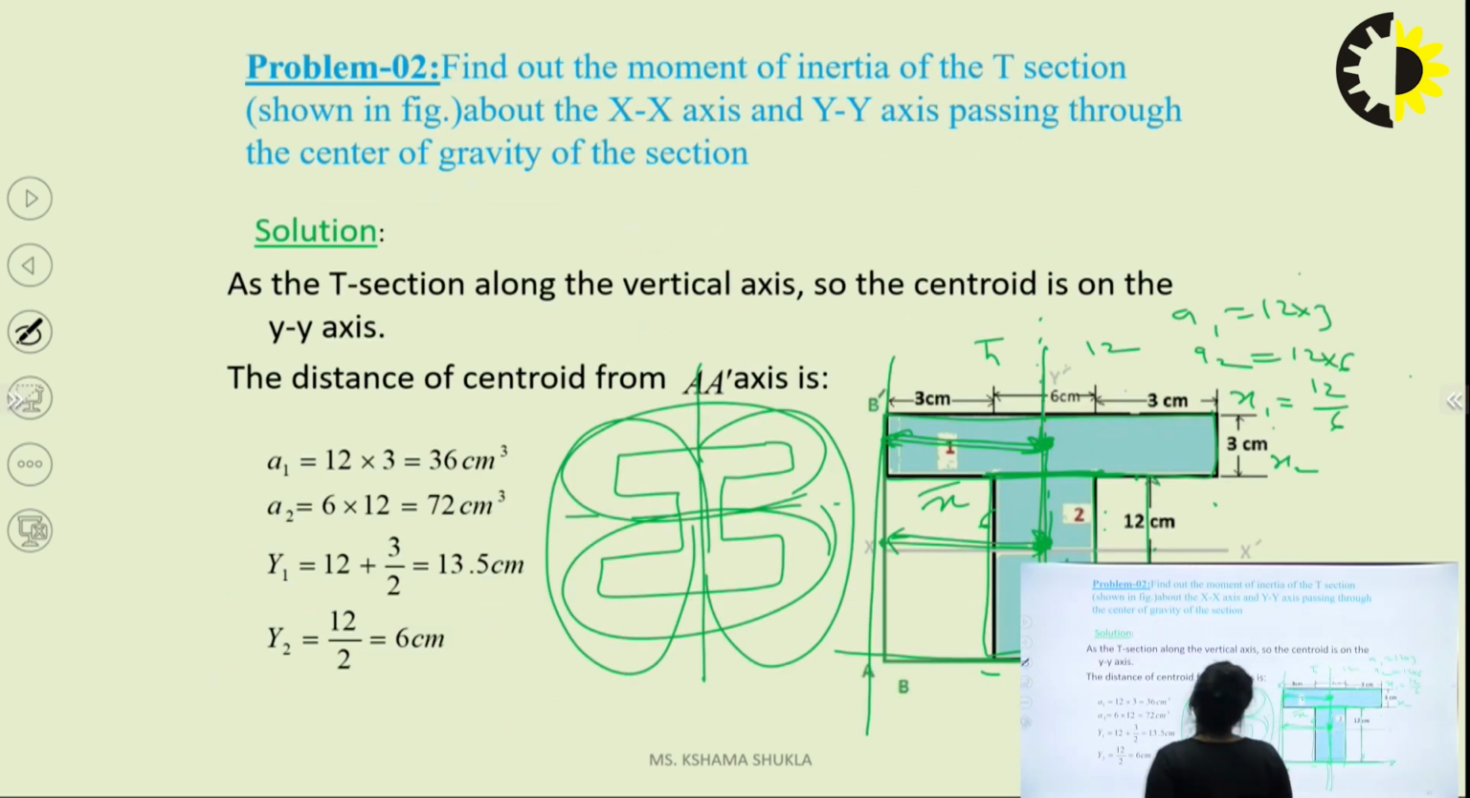Why do we need to find the value of IXX? See, for the y distance, the centroid of this section lies somewhere here. It will lie here, I can find out the values. How can I know that? Because if I cut it